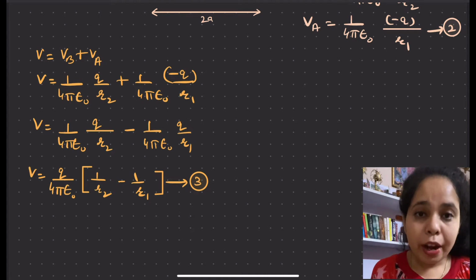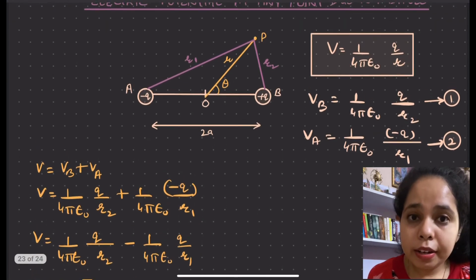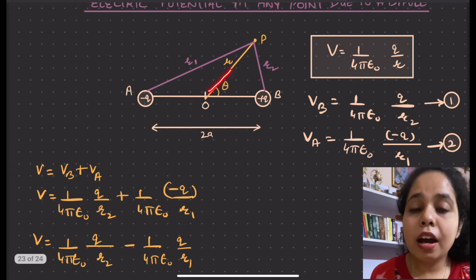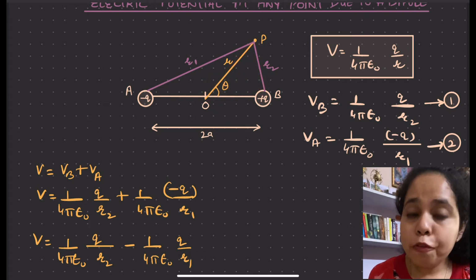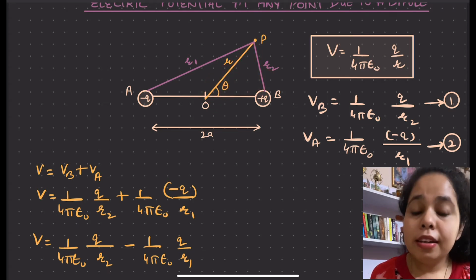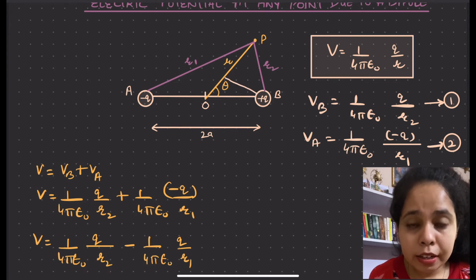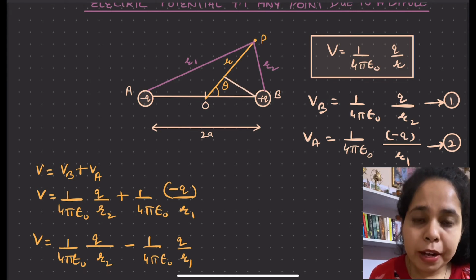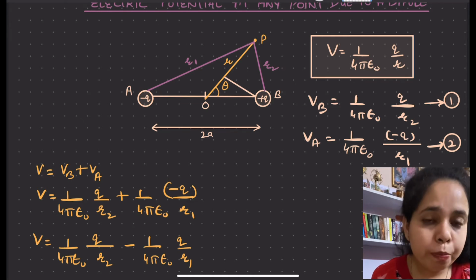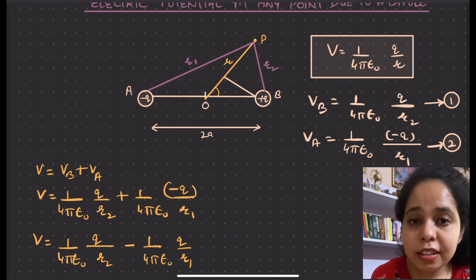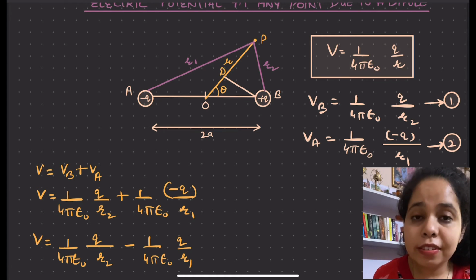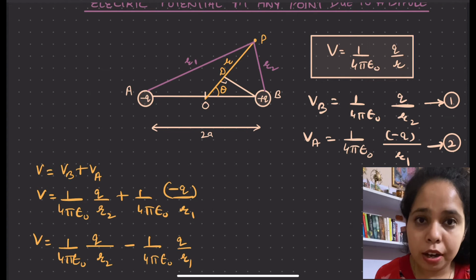Now let us go back to the diagram, and in the diagram we can easily see that r is slightly greater than r2. So in order to find the value of r2 in terms of r, let us drop a perpendicular from point B to the OP line. On dropping the perpendicular from B to OP, we will find a perpendicular lying on the point D, such that this OD distance is the extra length of r.